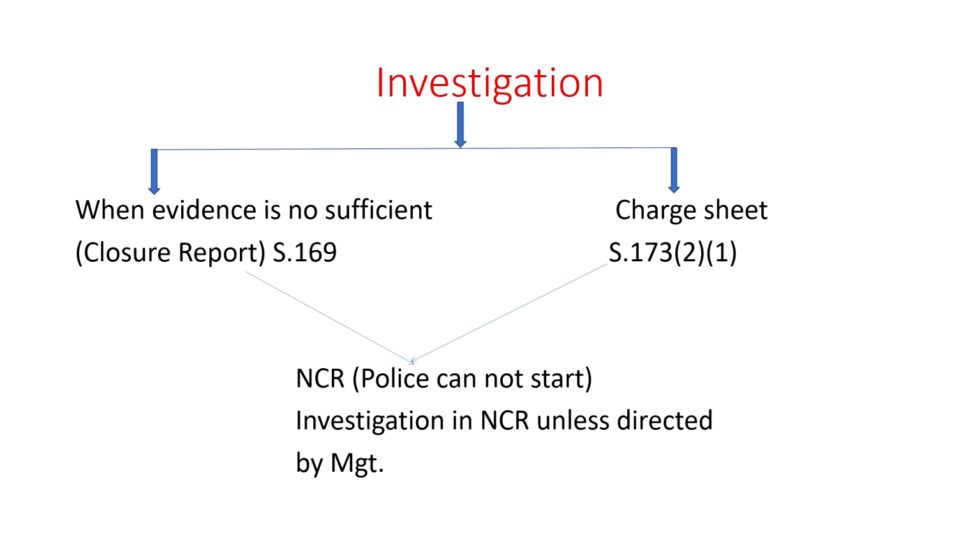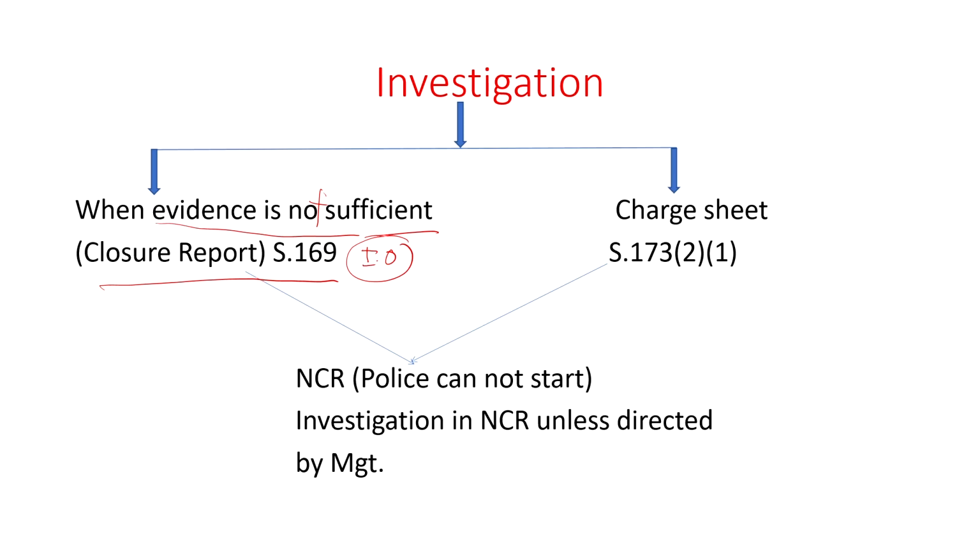Now, come to this another slide, that is investigation. You see, I have highlighted two important provisions. When evidence is not sufficient, then what will police do? When evidence is not sufficient, then a closure report is filed by the police investigating officer, the IO, under section 169. So, section 169 of the CRPC